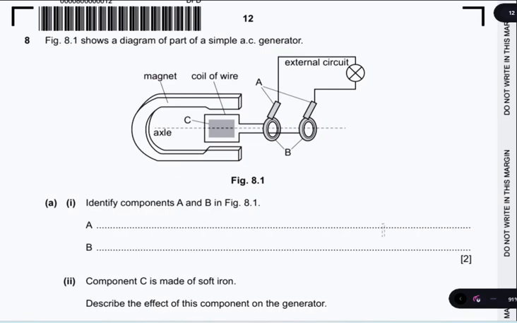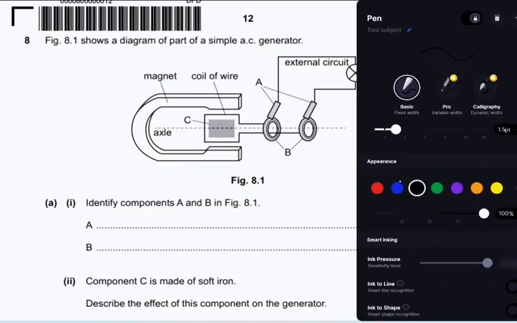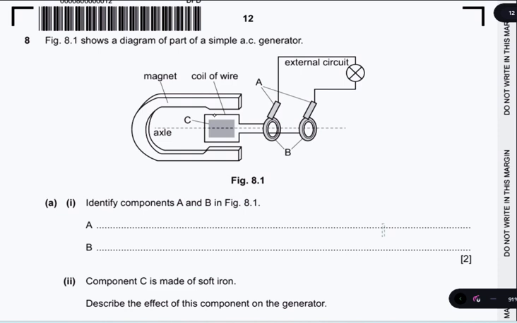So we'll have a magnetic field here. It depends on which one is the North Pole. If this is the North Pole, this definitely becomes the South Pole according to what I've drawn there. Alright, so identify the components A and B